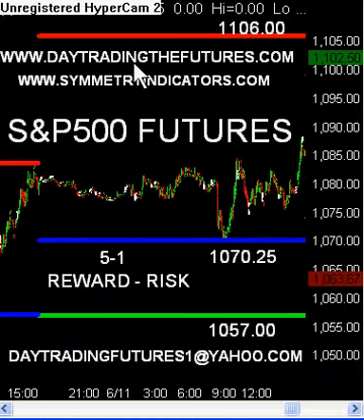Next to that tab, there's the Get Started tab. There are 3 PDFs that are very, very important for you. They tell you exactly how to trade off these institutional numbers using a 5-minute chart for the levels and the 1-minute chart for entry. We use the 5-minute chart for the setup to see where these levels are, and I also have them on the 1-minute chart for you. On the 1-minute chart, I show you exactly how to get in with the momentum dot, use the symmetry dots to trail and scale out, and where to put your hard stop for real small stops for a 5-to-1 reward to risk